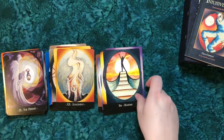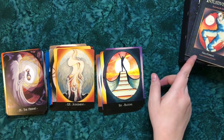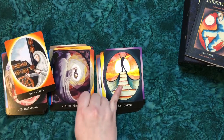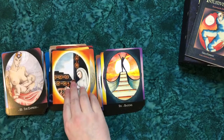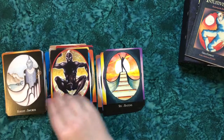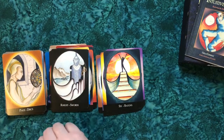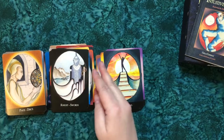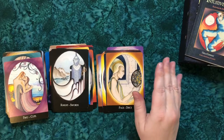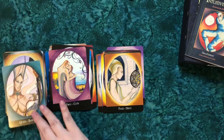Six of Wands. In her guidebook, she does change the elemental associations of wands and swords. So wands or batons are air in her guidebook, and swords are fire. And you can tell that in the images of a few of the cards, where the swords have a very fiery sort of image to them. But, you know, I don't read that way. I read batons as fire and swords as air, and I'm going to continue to do that regardless of the